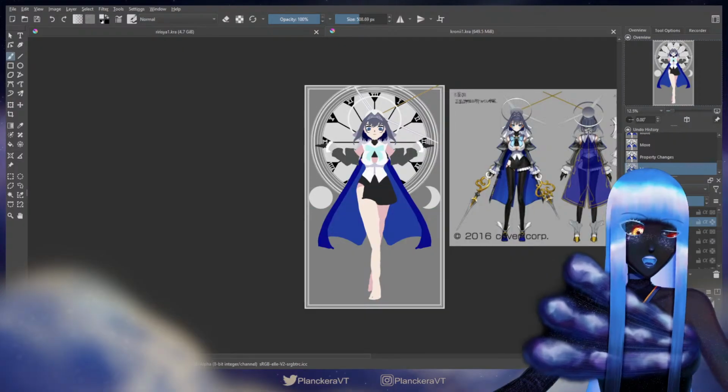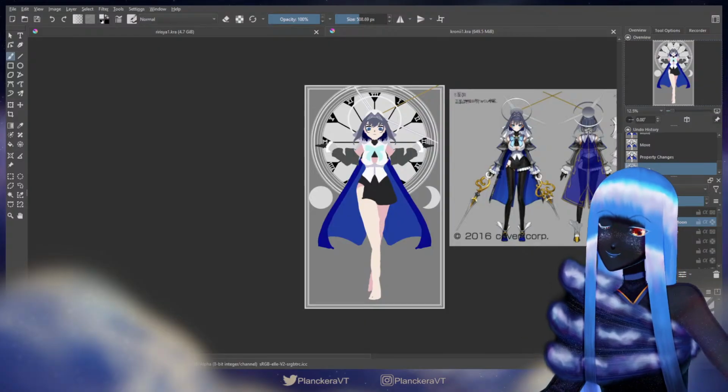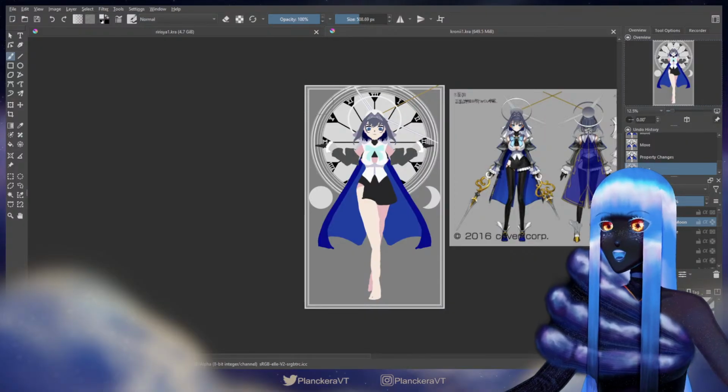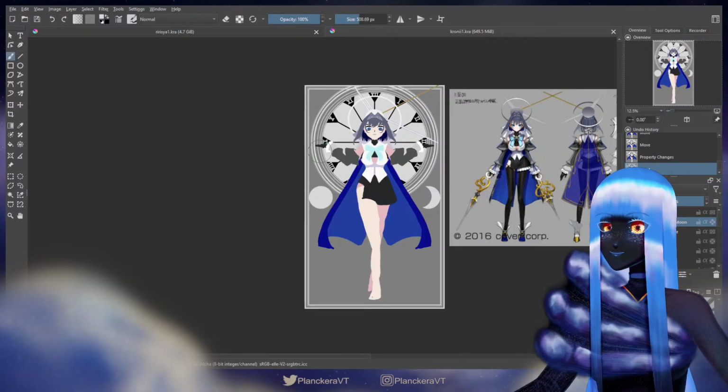Just basically placing her above the heavens. Nice and arrogant. I can see it, and then I'd have to find some stuff to put in there, probably stars. I think that would be fine.